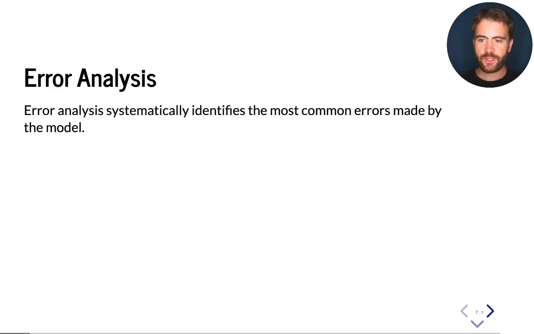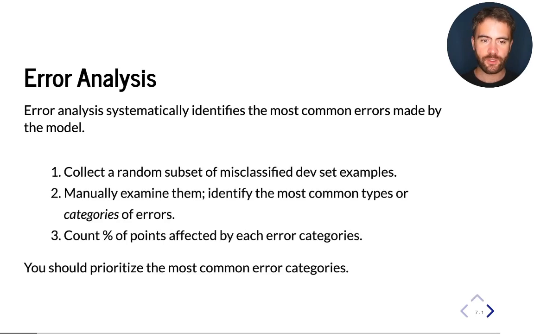So the example that I gave you is an example of a general process called error analysis, whose idea is to systematically identify the most common errors made by the model such that we can prioritize fixing the most common and most important error types. Essentially, error analysis works as follows. Once you have trained an initial model, you run it on the development set, and you collect a random subset